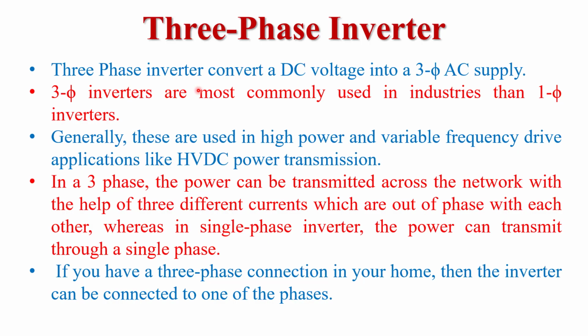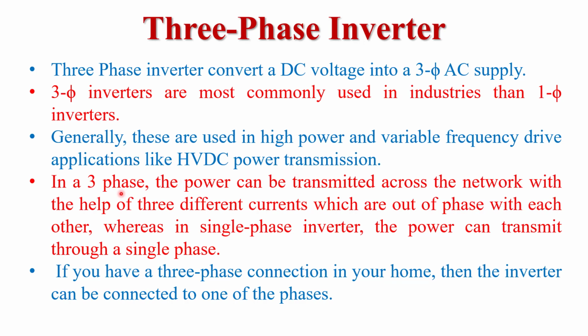Before I discuss the 3-phase inverter with 180-degree conduction mode, we must know what a 3-phase inverter is and what its function is. 3-phase inverters are basically used to convert DC voltage into a 3-phase AC supply. They are most commonly used in industries rather than single-phase inverters. Generally, this type of inverter is used in high power applications and variable frequency drive applications, just like HVDC